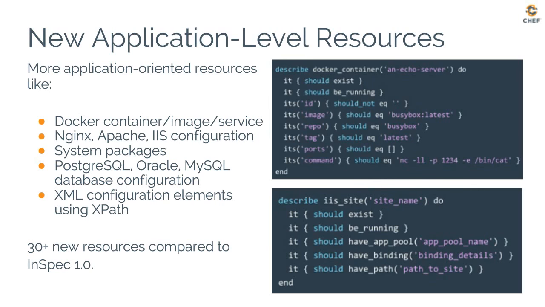As mentioned, there are a ton of new application level resources. So this is some of the feature augmentation we were talking about in the summary slide. And these include things like being able to evaluate Docker containers that are running, different types of configurations, like for web servers or databases. And in all of these cases, what we have is the ability to reference the contents of these configurations as simple key value pairs. So I mentioned this briefly earlier, but for things like MySQL, Apache, Nginx, IIS, they have